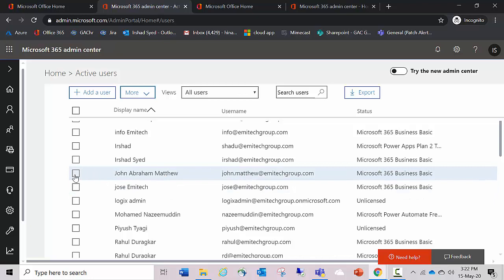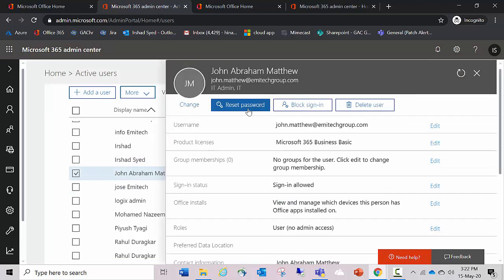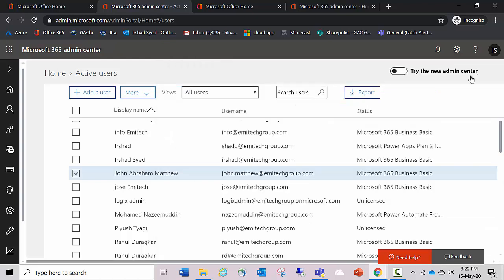Here you can see John Abraham Matthew, the user which we deleted recently and restored successfully. So this is the method to delete a user permanently and to restore the user within the time duration of 30 days from the date of deletion.